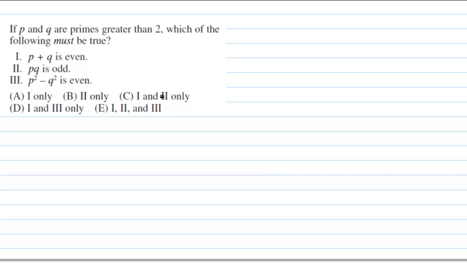Alright, before you solve this problem, there are little things that you have to be aware of. The first, and it's very important, is what exactly is a prime number. So you have to know what a prime number is, a set of prime numbers. You have to know what odd numbers are. You have to know what even numbers are, right? Because in the question they said odd and even, right? So you have to be